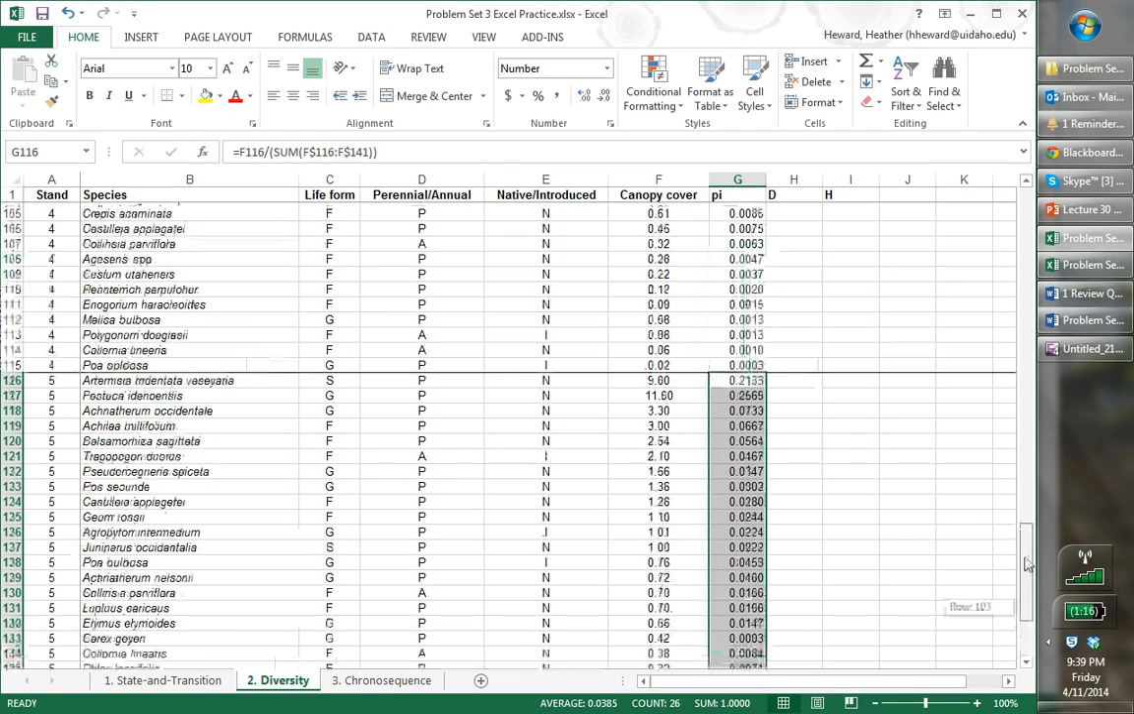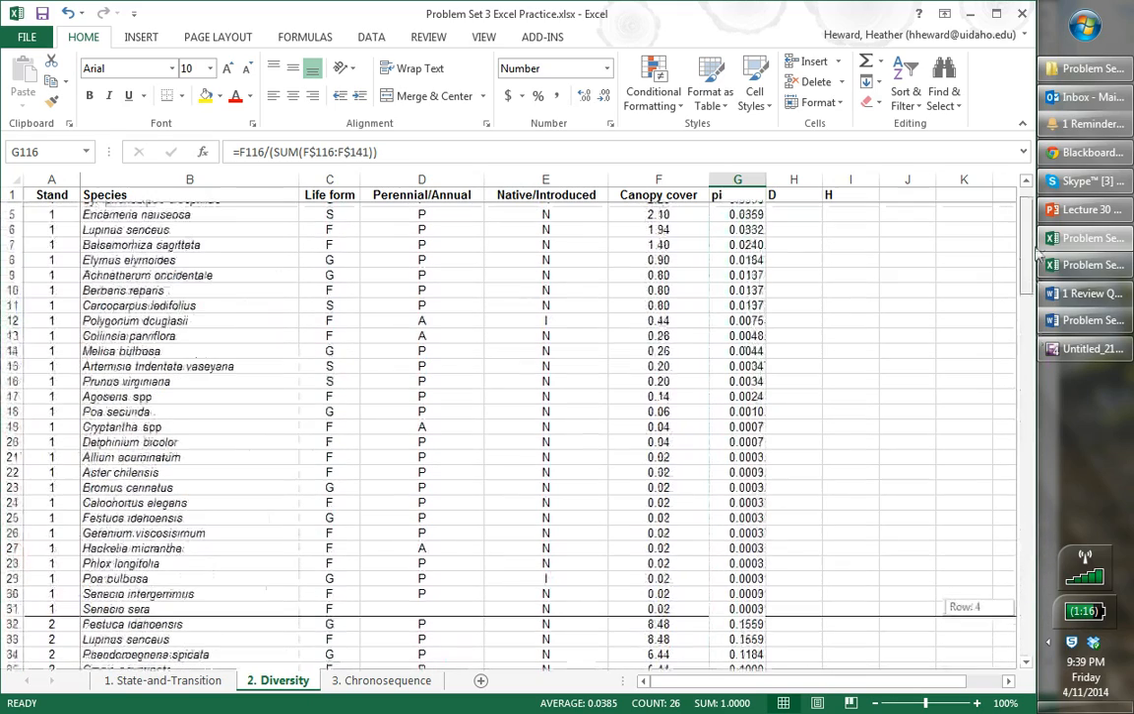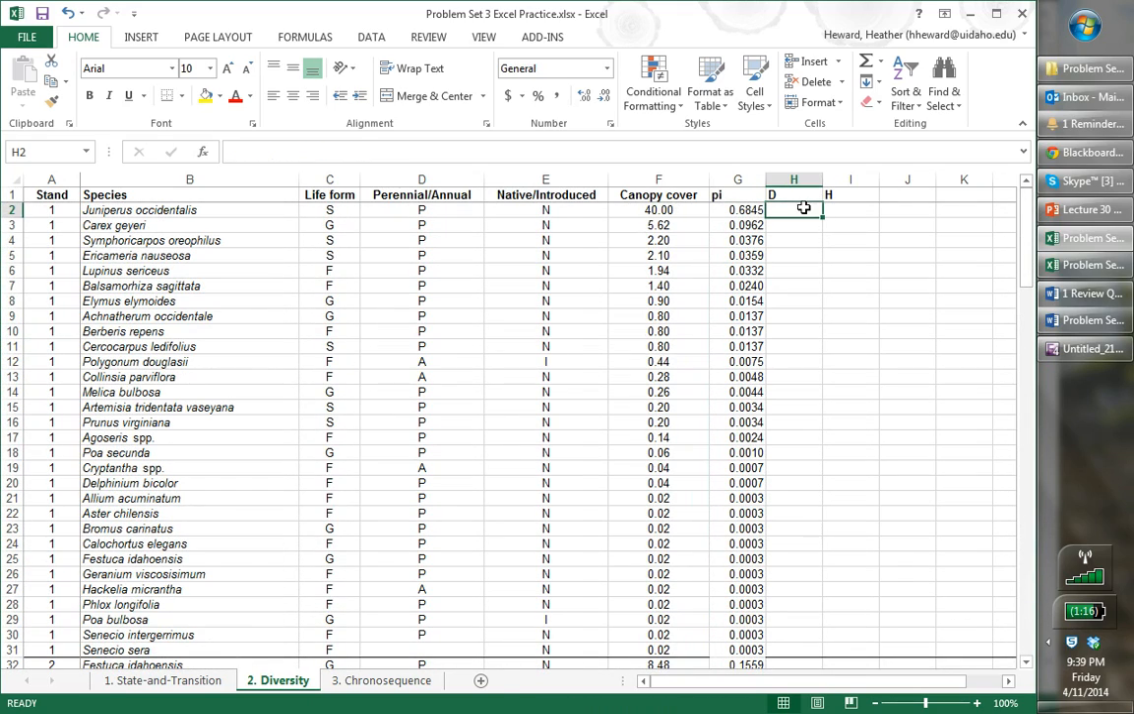So now we've calculated the proportion for each of these. And so we want to do D. And now D is the proportion squared. So this one is nice and simple. We just equal the proportion and square it. And that's our D. And for this one, it's going to be the same all the way down, since we've already calculated our proportion. So we can just double click on this